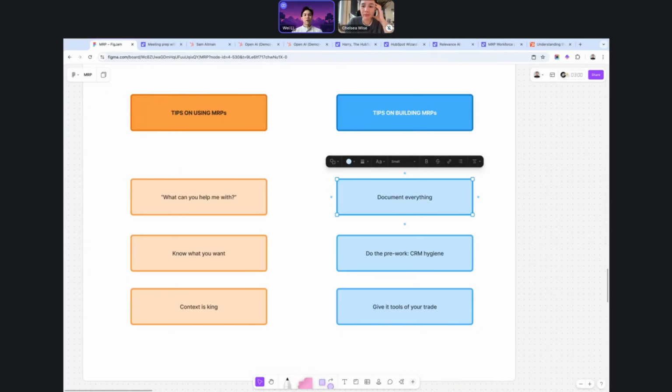We need to document everything about the things that we care about. We need to also document everything that we expect the agent to do. And the reason why I say document, because essentially that document becomes its guide, its prompts. And we are notoriously bad at documenting everything because everything lives in our head at the moment. That is the core of all these things.